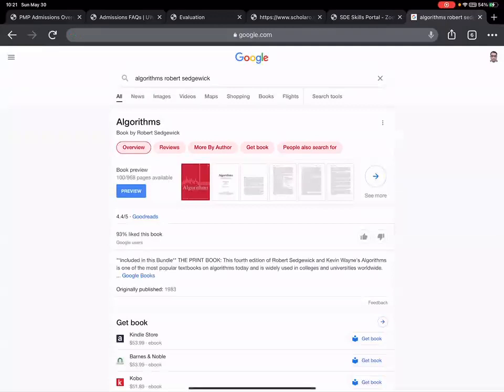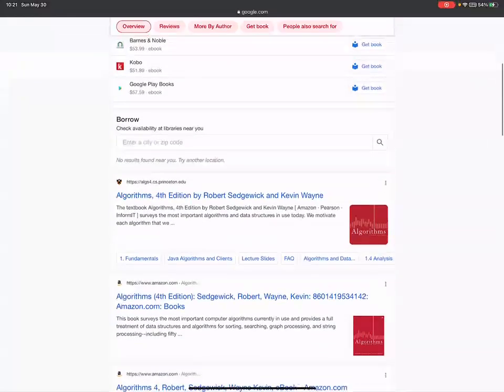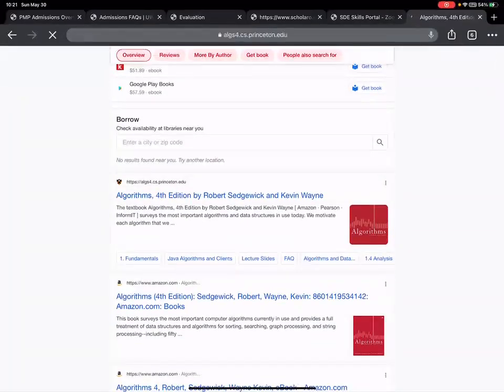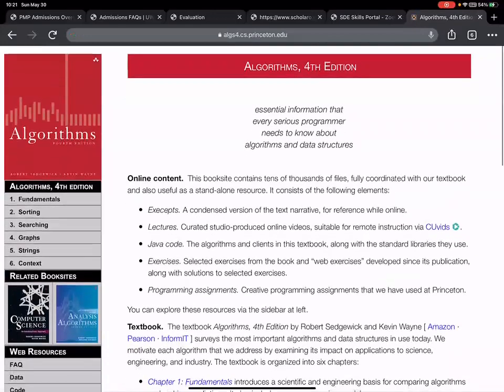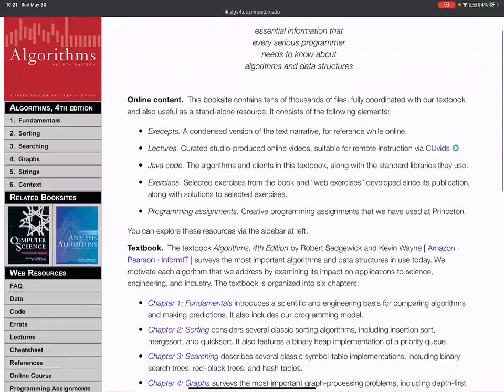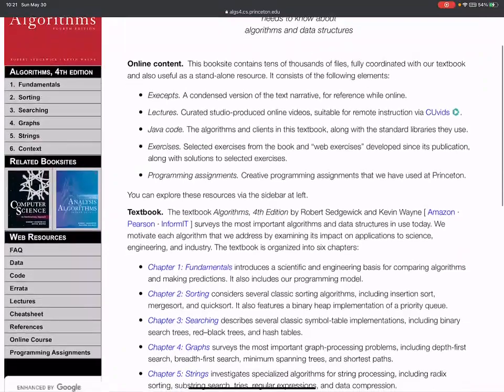This is the book. This one, Algorithms by Robert Sedgewick. Does it have code examples? Yes, I think so.